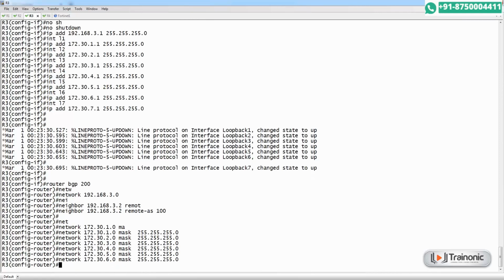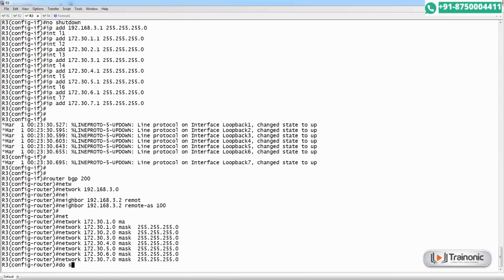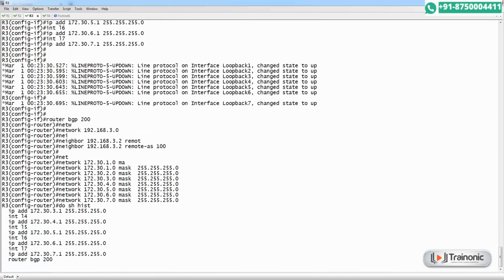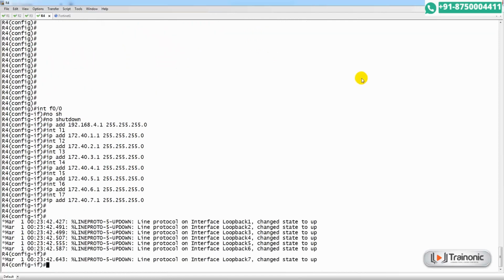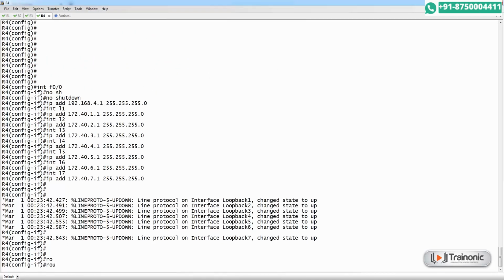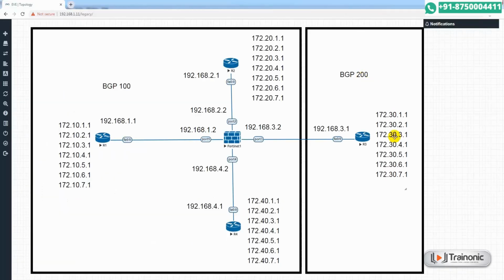We need to go to R4, router BGP. Its AS number is 100. Network is 4.0, neighbor is 4.2, remote AS number is 100.